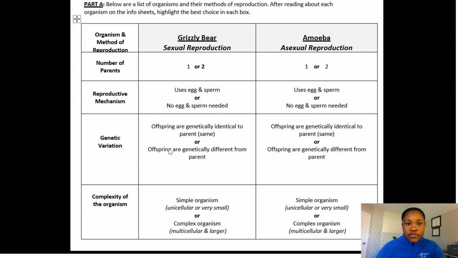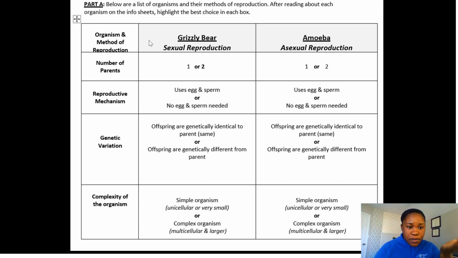So in terms of today's worksheet, part A, you're going to just be looking at the different organisms that are in each table. And then you're going to highlight the best choice depending on if that organism is reproduced sexually or asexually. So for example, for the first one, we have a grizzly bear and an amoeba, and it tells you whether each is reproduced sexually or asexually. So if you go down the column on the left,